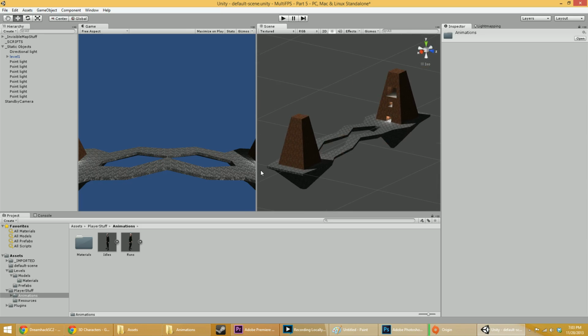Now, in the last one, we added in a cool soldier character model that we found on Mixamo.com. Now what I'm going to do is add a couple of animations. That's all we're going to do. Because of time, because of skill, because of all kinds of things, we're only going to throw in